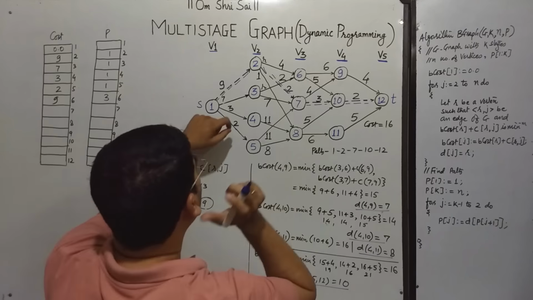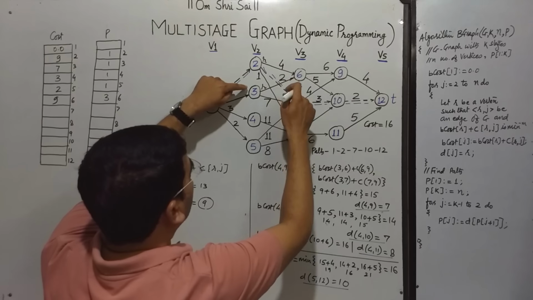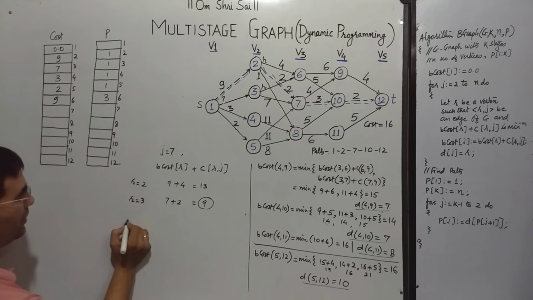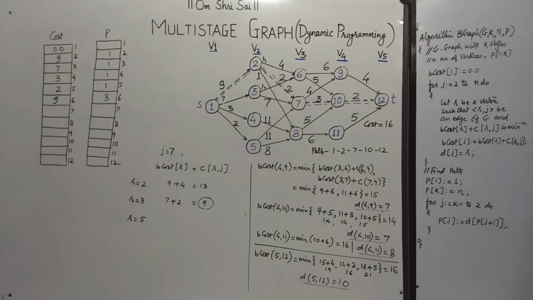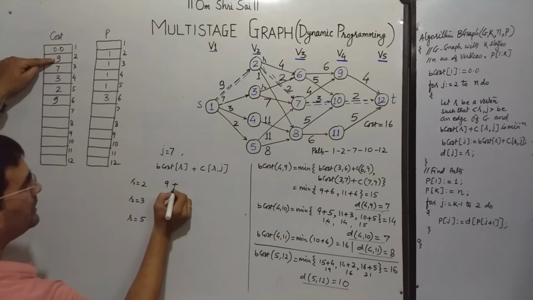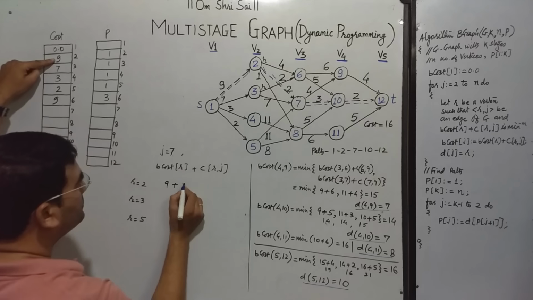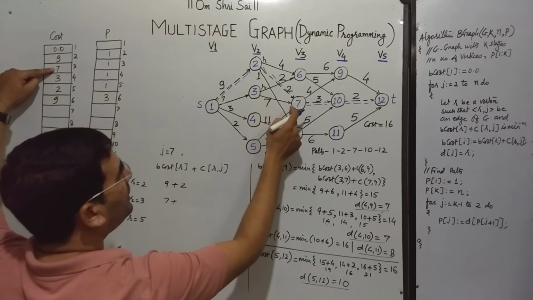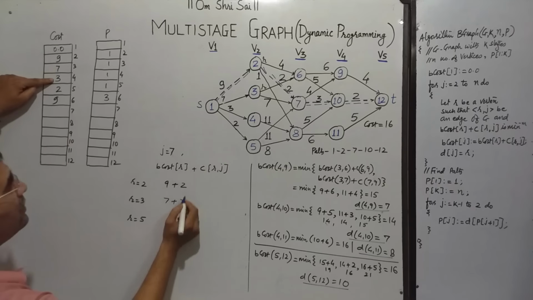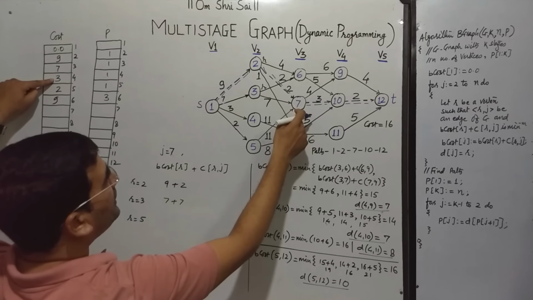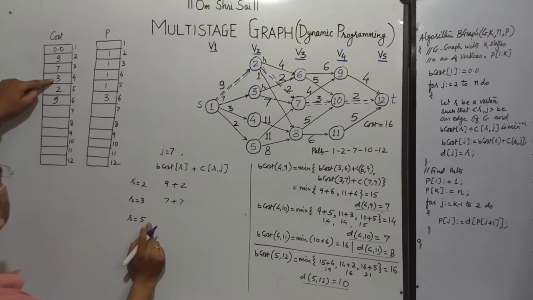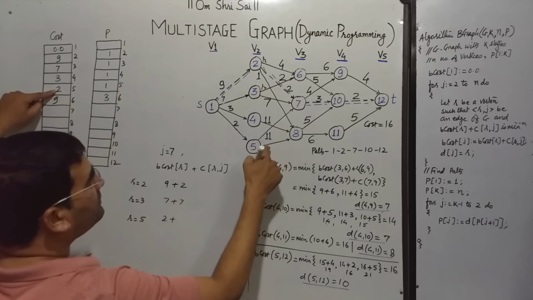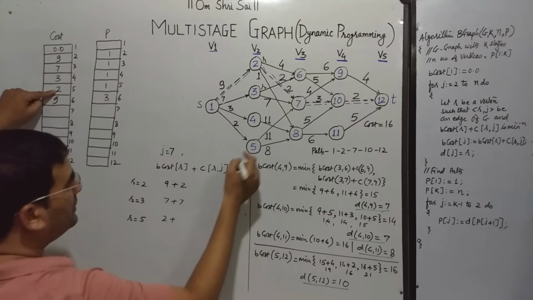So j is equal to 6 के लिए r 2, 3 और 5 हो सकता है. So यहाँ 2, 3 और r is equal to 5 एक और एंट्री मिल गई. Cost of 2 9 plus 2 से 7 पे जाने के लिए that is 2. Cost of 3 that is 7 plus 3 से 7 पे जाने के लिए what is that, that is 7. Then cost of next is 7 पे जाने के लिए we'll use 5. Cost of 5 what is cost of 5, that is 2 plus 5 से 7 पे जाने के लिए because j is 7 that is 11.